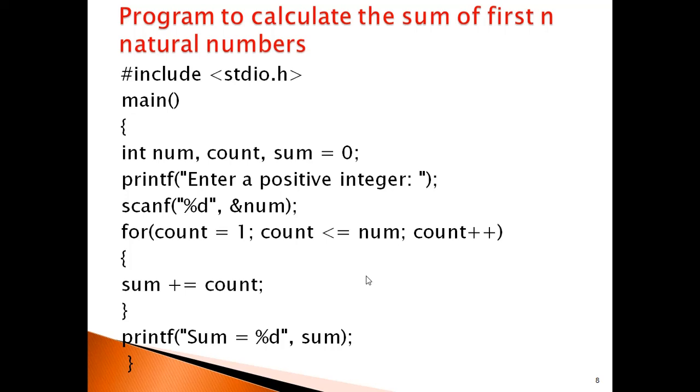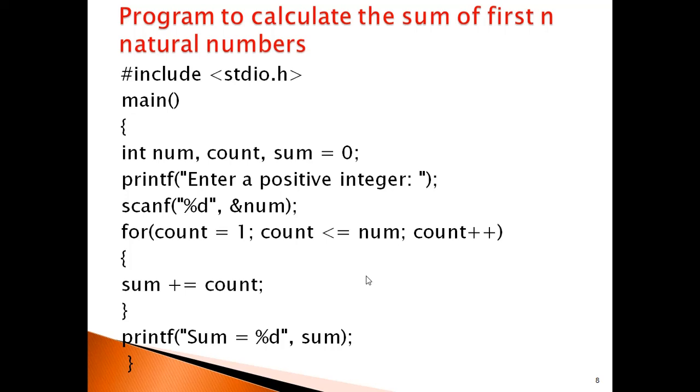After executing the loop body, the control passes to the beginning of the loop. It increments the count variable and repeats the process until the condition is false. If the user entered 10, it repeats the loop 10 times. For the 11th time, the condition is false, and it exits from the loop. If the user entered 100, it executes the loop 100 times and then exits from the loop.